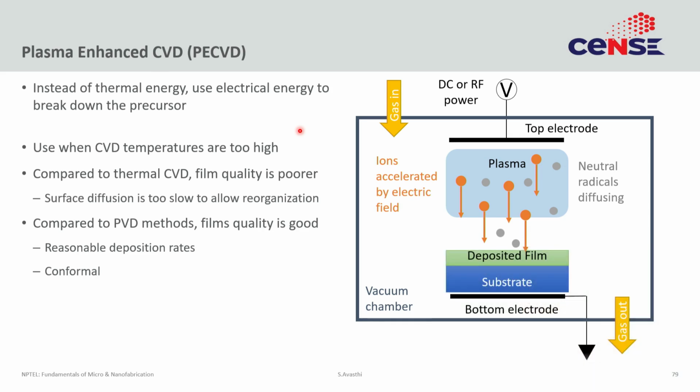The other word that you may hear is called plasma CVD. We will not go into more detail, just convey the fact that in the CVD we have discussed till now, the energy for the chemical reaction was coming through thermal means. So, you are applying temperature and that was giving the energy for the reaction to occur. In plasma enhanced CVD, the energy comes from the plasma.